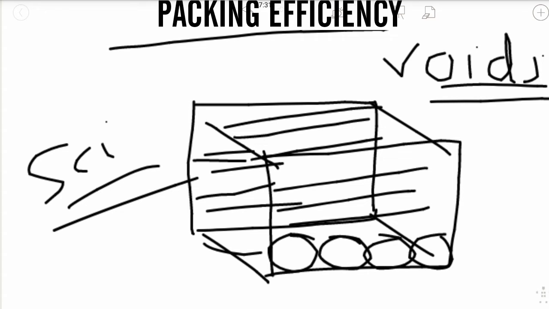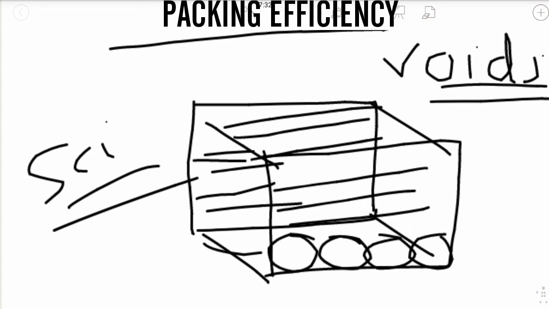It can be octahedral voids, tetrahedral voids. For example, a sponge. In whichever way the constituent particles, atoms, molecules or ions are packed, there is always some free space in the form of voids. It might be very, very tightly packed, but there will be some free space in the form of voids.